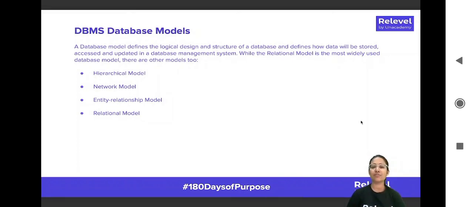So a database model basically defines the logical design and structure of a database and defines how data will be stored, accessed and updated in a database management system. So now you have a lot of data. Now in that lot of data that you have and you store it in a database, there are logically a lot of designs and structures that you can give to a database to actually define how the data will be stored,